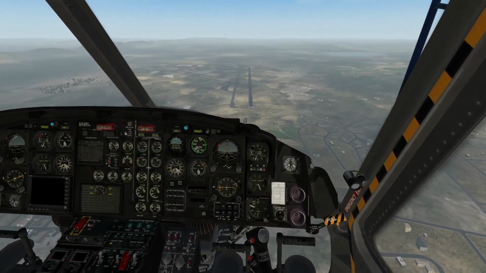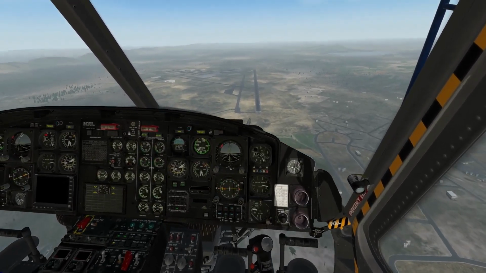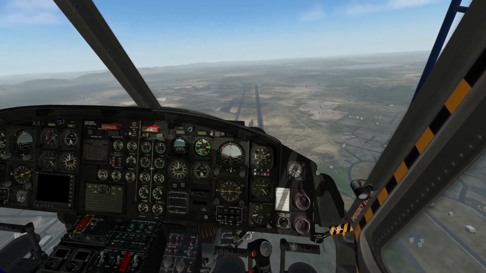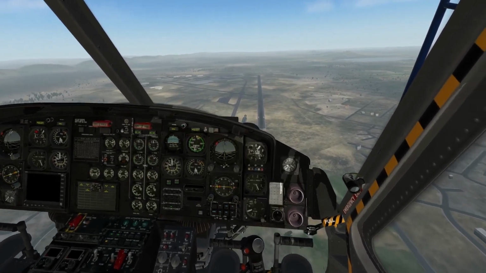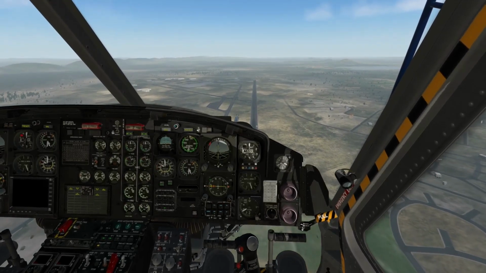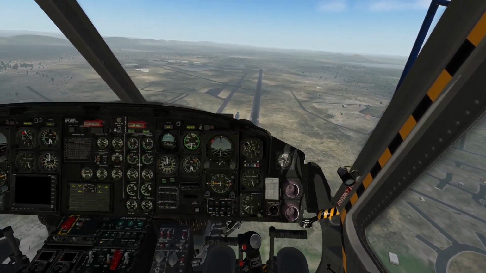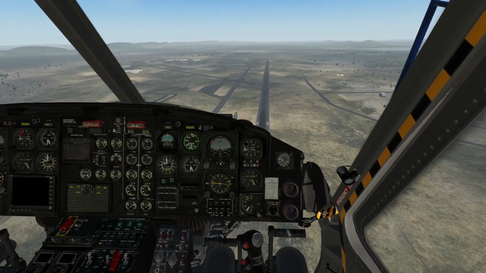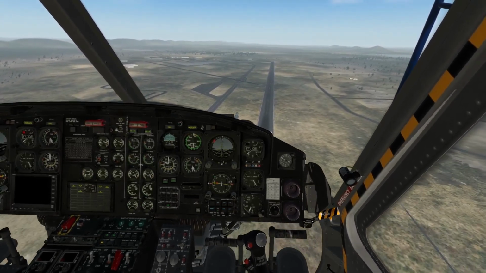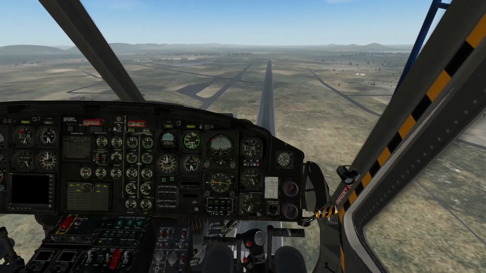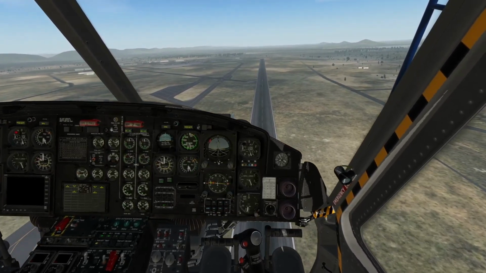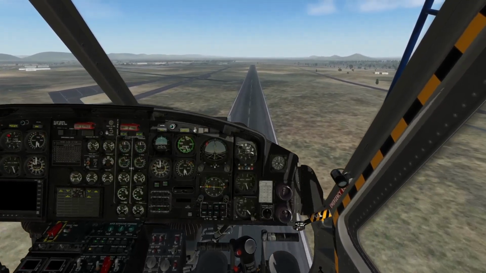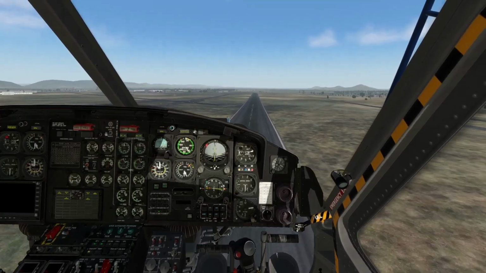Lower collective, helicopter yawing, and of course you apply pedals depending on what the helicopter is doing. Trying to aim for around 70 knots. And as you get closer to the runway, you flare and you raise the collective to